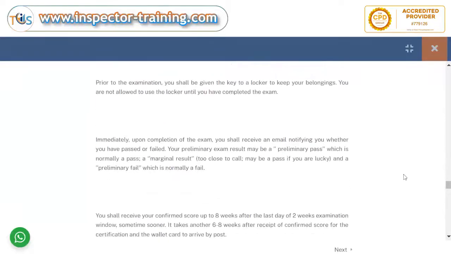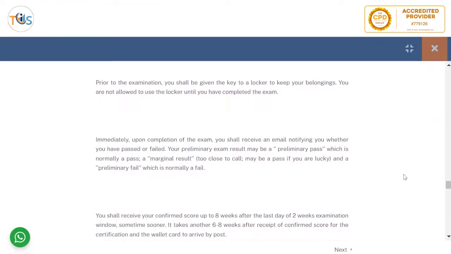Prior to examination, you shall be given the key to a locker to keep your belongings. You are not allowed to use the locker until you have completed the exam. Immediately upon completion of the exam, you shall receive an email notifying you whether you have passed or failed. Your preliminary exam result may be a preliminary pass, which is normally a pass. Marginal result, too close to call, may be a pass if you're lucky, and a preliminary fail, which is normally